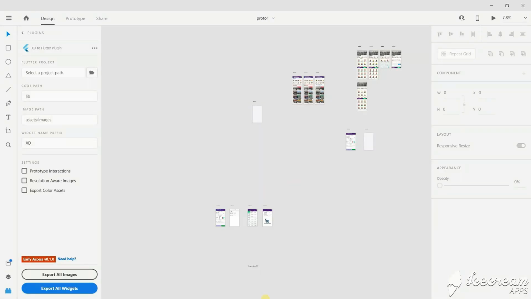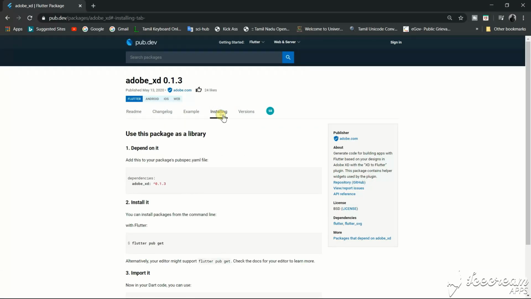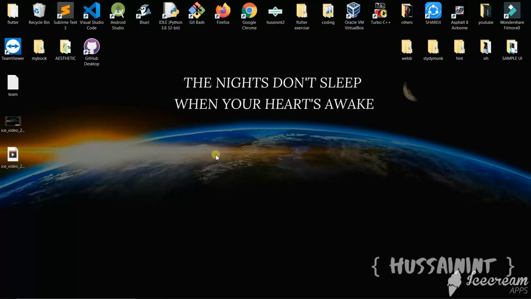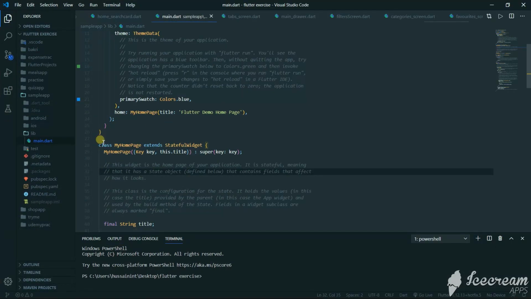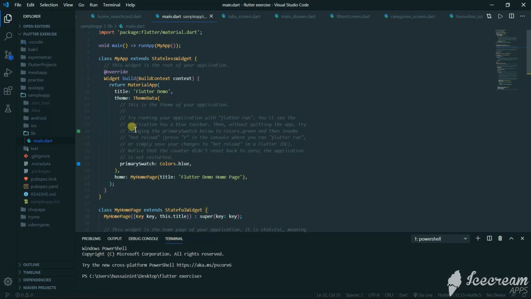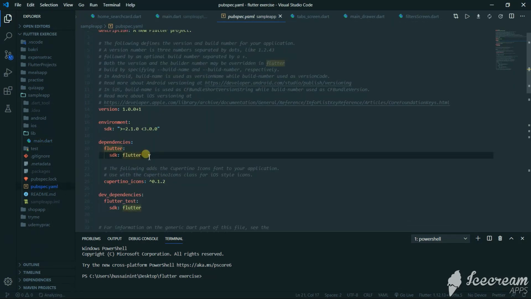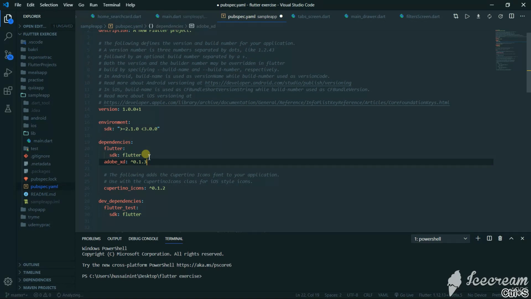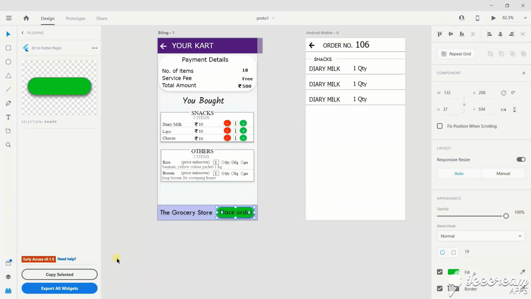So before that we'll go to Chrome and we'll install the dependencies for Flutter. We'll copy this and we'll go to our Flutter project. In the pubspec.yaml file we'll paste that version of the Adobe XD dependency. So we'll save this and we'll go to this UI panel and we'll just click on this button and click